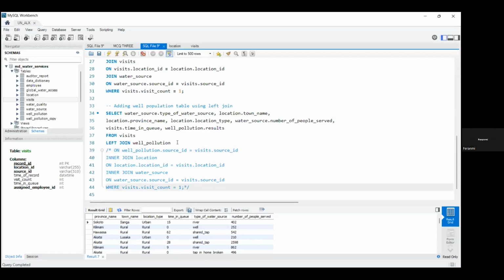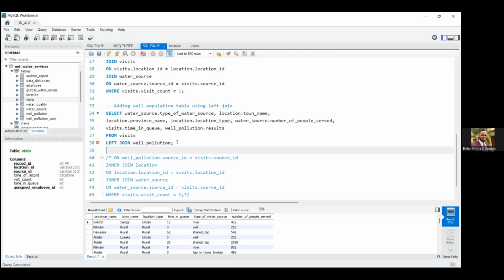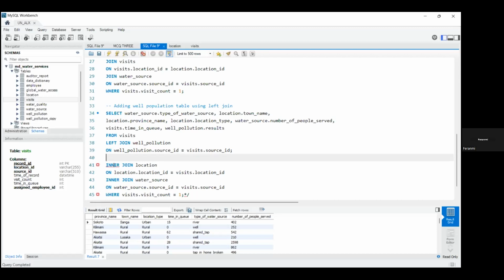But then that will mean other table values will now go into the wrong place. So